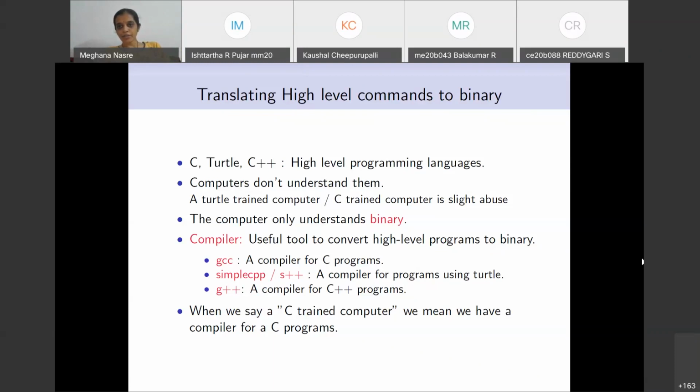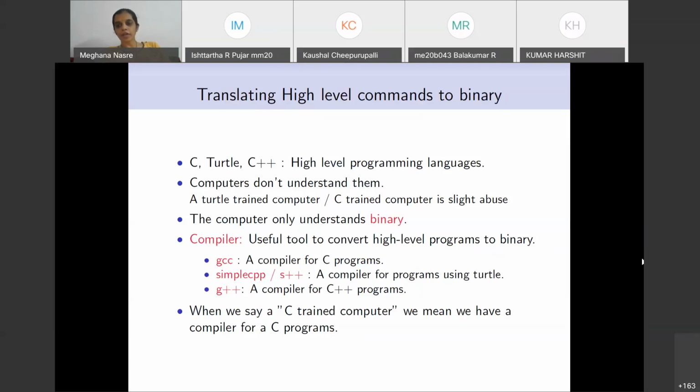Okay, very good question. So one of the students has asked, if it understands binary, why don't we directly enter stuff in binary? Excellent. So now I'll let the class answer this question. The computer does understand binary. Why do we write it in a high level programming language? Maybe it is interesting for some of you to unmute. Hello, ma'am. Ma'am, we don't type in binary because we want to make our work easier. It will be very tough for us to write code in binary.